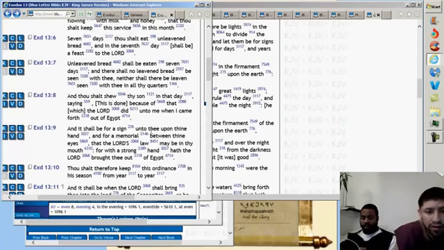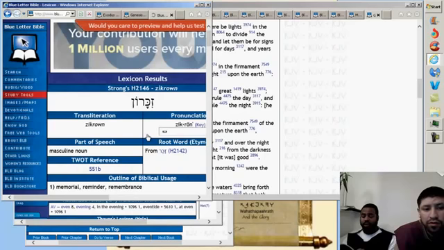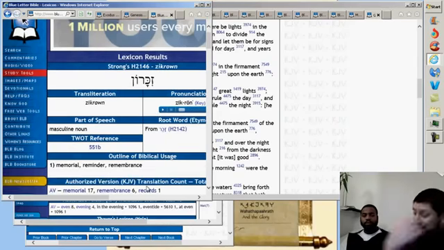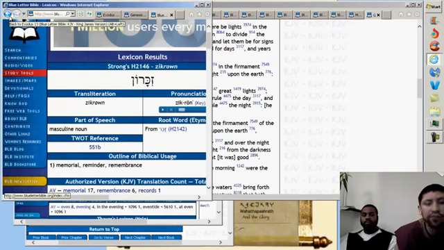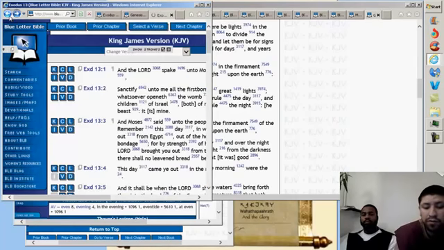Right. So just out of curiosity, let's look up this word memorial. I guess what this word is here: memorial, reminder, remembrance. What did we look up earlier? To remember. Yeah. Right. The Sabbath and keep it holy. This is saying as a memorial, as a reminder in remembrance, to rehearse the righteous acts. So the Sabbath, you have to remember it, as even that's a memorial and a remembrance, man.